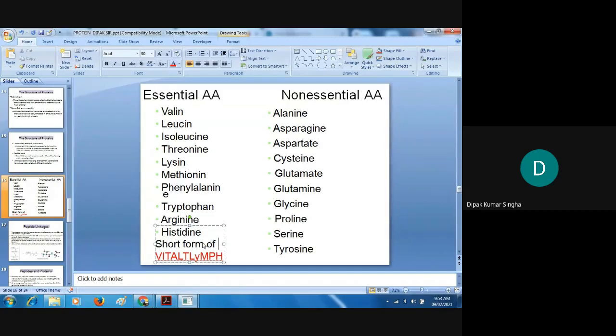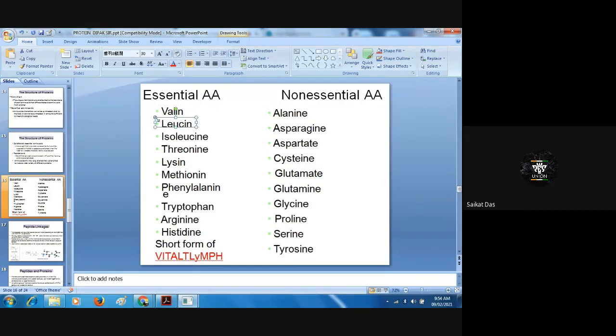Short form of essential amino acid। দেখো ভাইটাল, ভি ফর ভ্যালিন, আই ফর আইসোলিউসিন, টি ফর থ্রিওনাইন, এ ফর অ্যালানিন, এল ফর লাইসিন, টি ফর ট্রিপ্টোফ্যান, অ্যান্ড এলওয়াই একসঙ্গে দেখো, এলওয়াই লাইসিন, এল ফর লিউসিন, এম ফর মিথিওনাইন, পি ফর ফিনাইলঅ্যালানিন, এইচ ফর হিস্টিডিন। দেখো এইভাবে সাজিয়ে নেবে, এখানটাকে চেঞ্জ করে দিই।